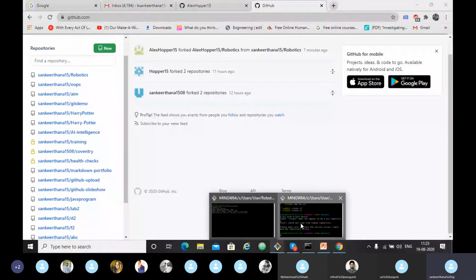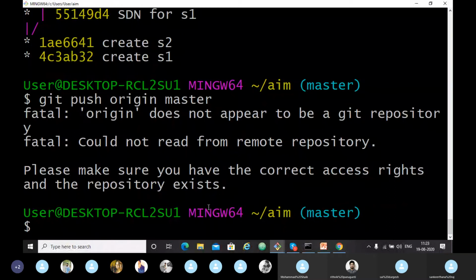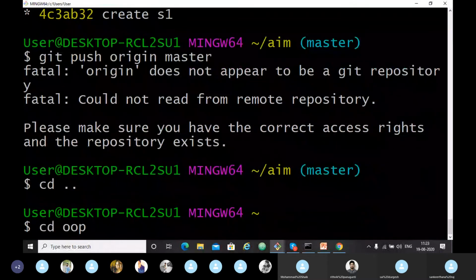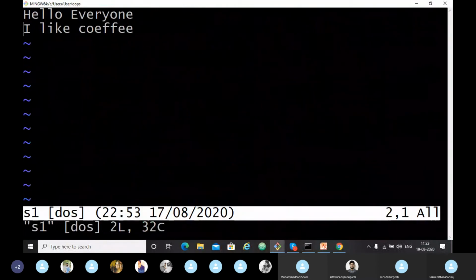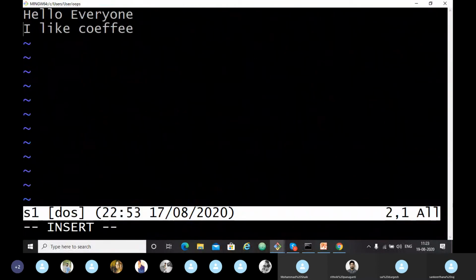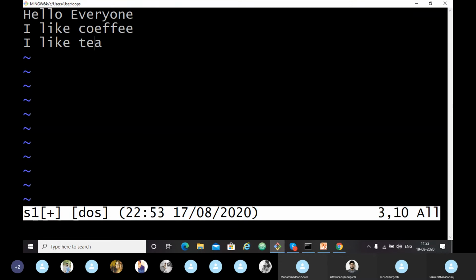Take the roots directory. Save and exit.